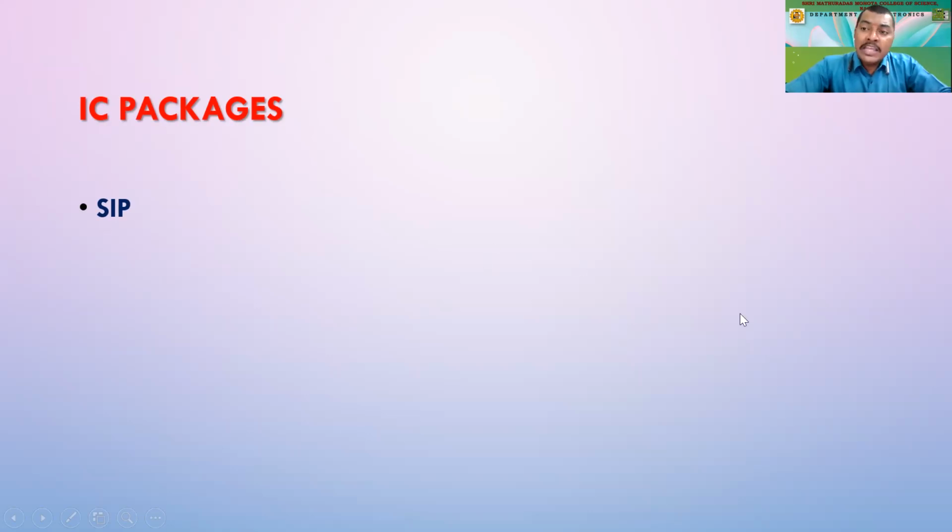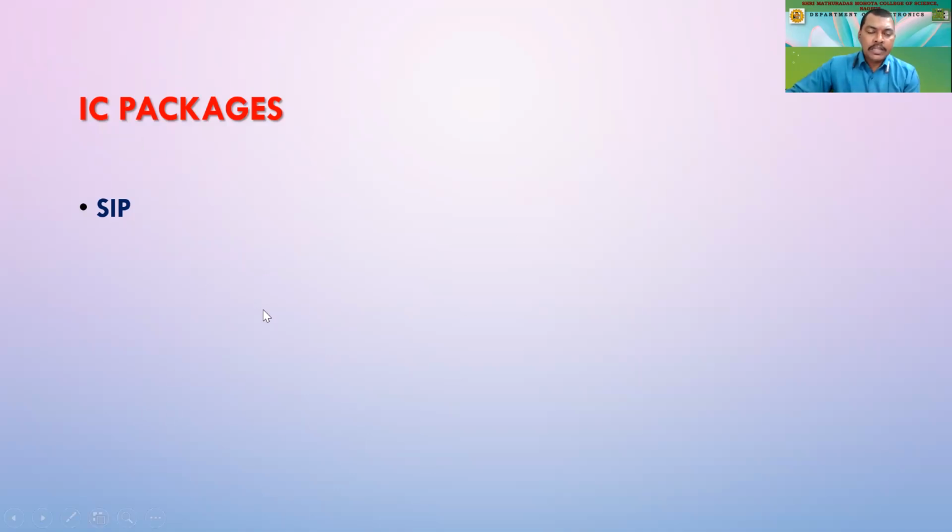So there are some IC packages. Now we are talking about ICs, integrated circuits. IC means integrated circuits, where we are integrating multiple transistors, diodes, and circuits inside a single chip. That is called an IC, an integrated circuit. Now these are called some of the packages available in the market. We are not talking about specific ICs; we are talking in general. So what type of IC packages are available in the market?